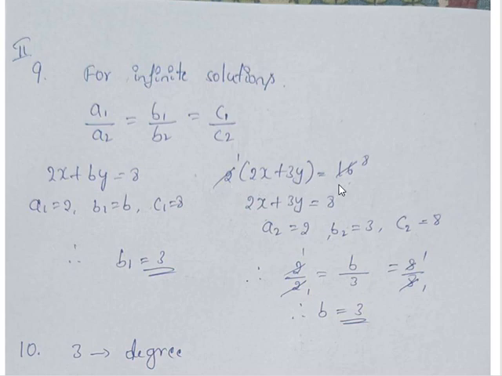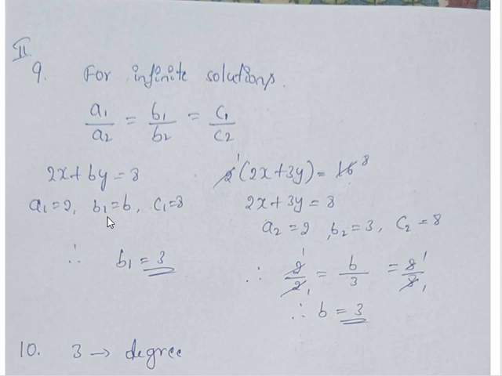So in this second equation you observe here we can cancel: 2 ones are 2, 2 eights are 16. When you cross multiply this, 16 by 2, 2 ones are 2, 2 eights are 16. So we can write this equation as 2x plus 3y is equals to 8. Here you write the A2, B2 and C2 values. So A2 is equals to 2 and B2 is equals to 3 and C2 is equals to 8.